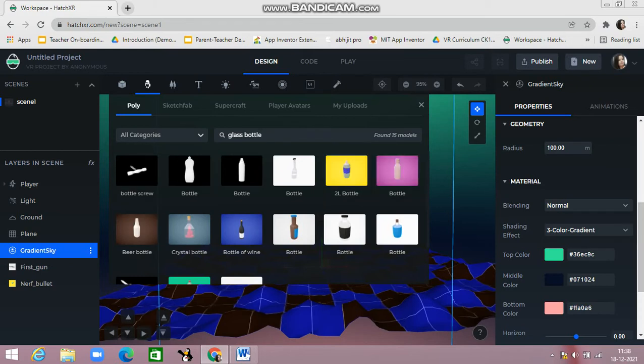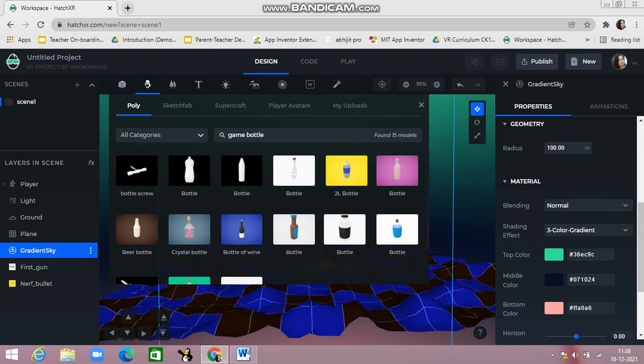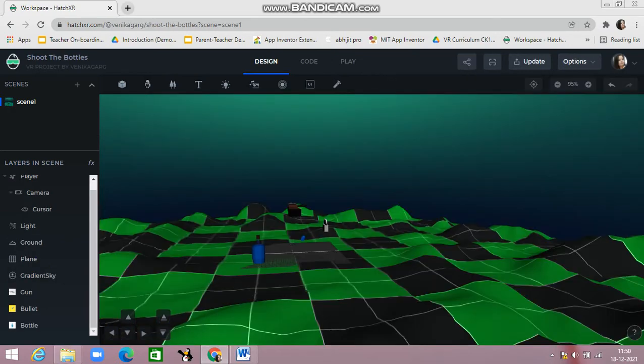Any type of bottle you can choose, like this is a crystal bottle, this is a bottle, glass bottle, or you can search for the game bottle also. So I'm choosing this one.